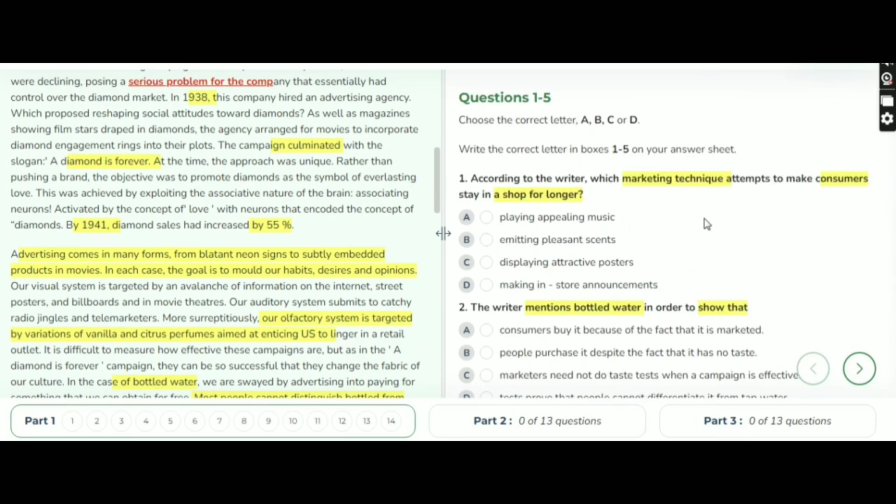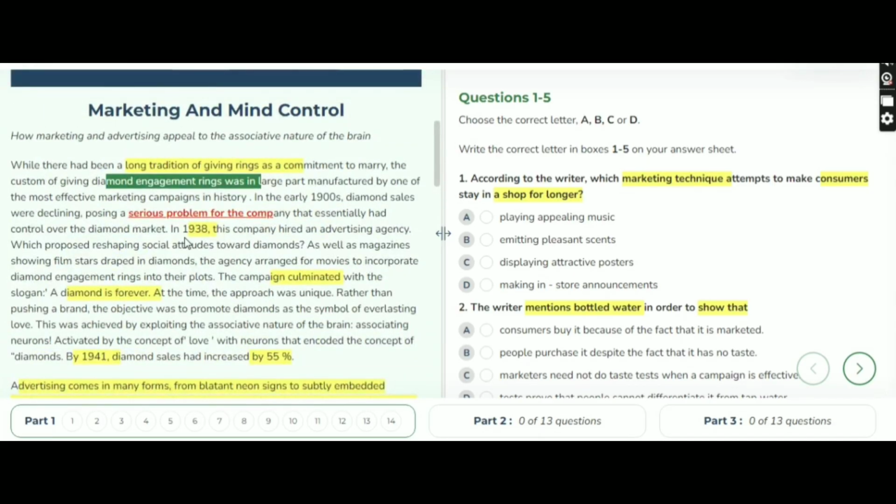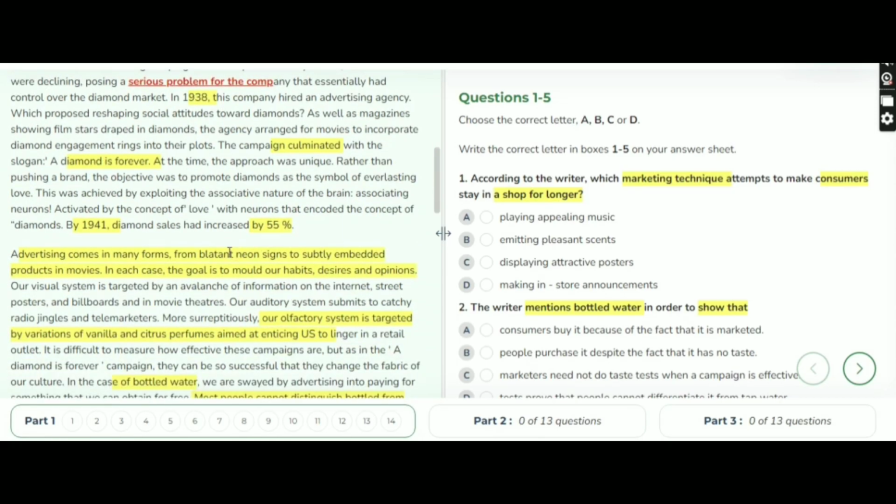So now let's start scanning for marketing techniques and consumers staying in the shop for much longer. Now here, as I have already underlined and highlighted some of the keywords, I am looking for only these words, because these will help me to figure out where the mention of shop and consumer and the approach, the technique is mentioned. So I simply quickly scroll down and I just look at these words, this information which I have